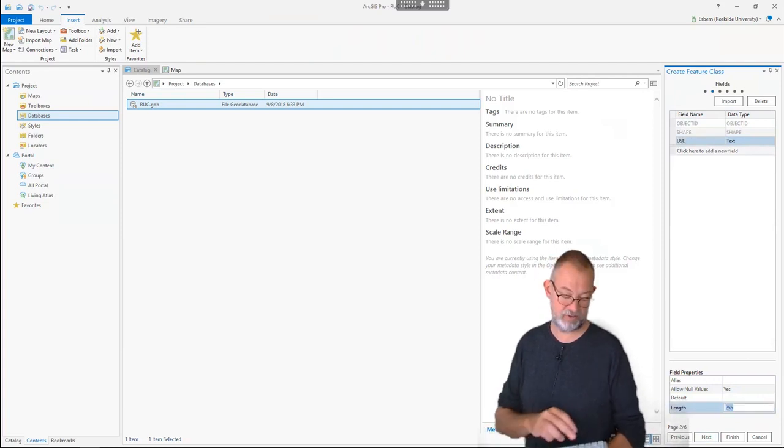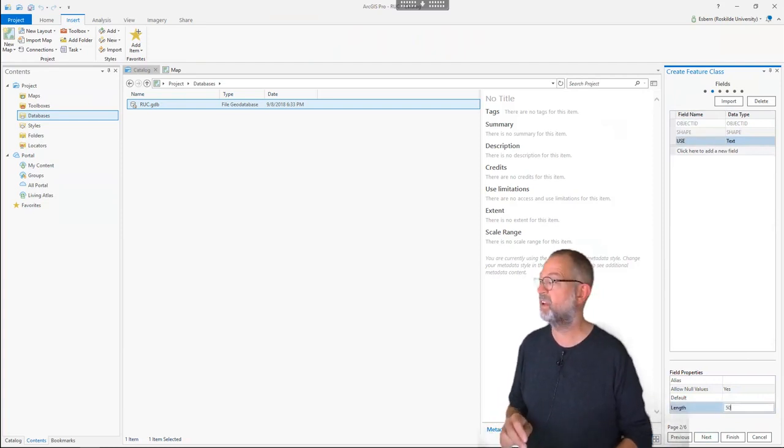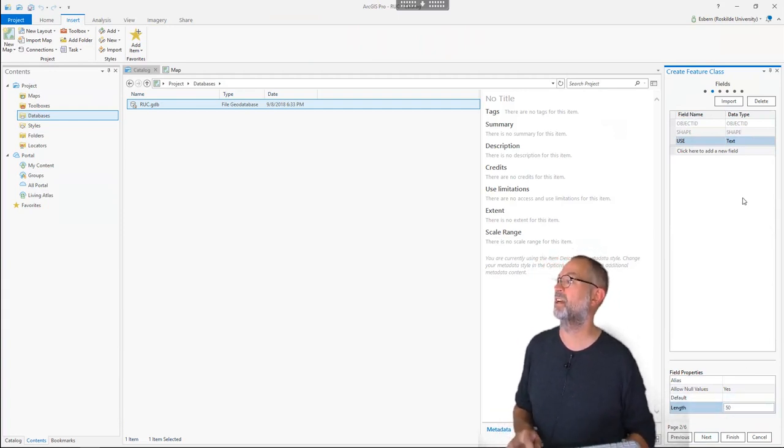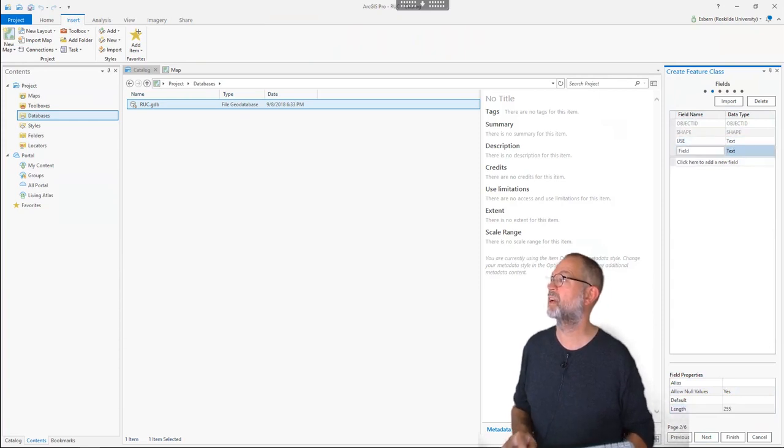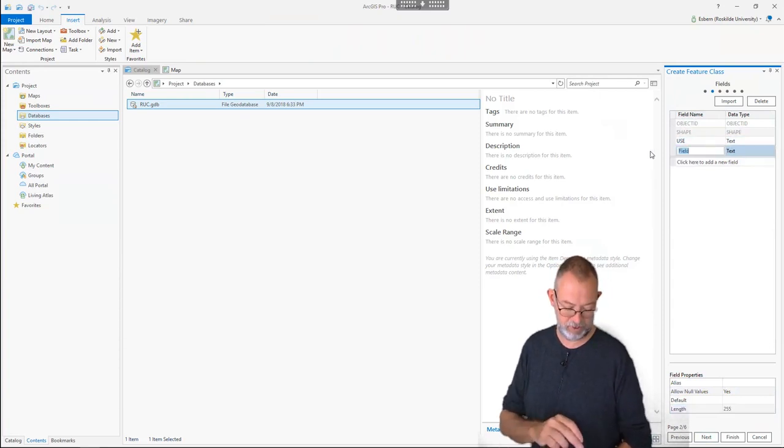I can change that to, let's say I won't be using more than 50. It doesn't matter for a little demo like this. If it's going to be lots of data, of course, this only takes up a fraction of what 250 characters would take up. So I have a use, and I will have another one called students,